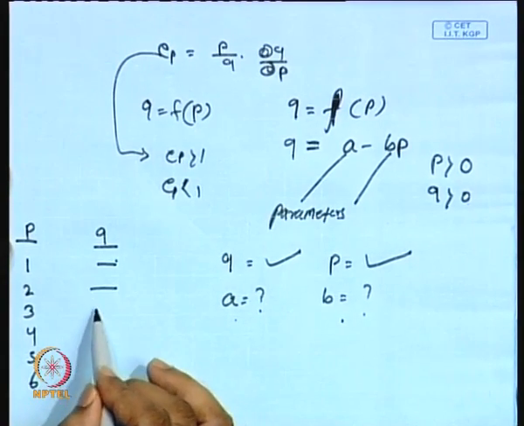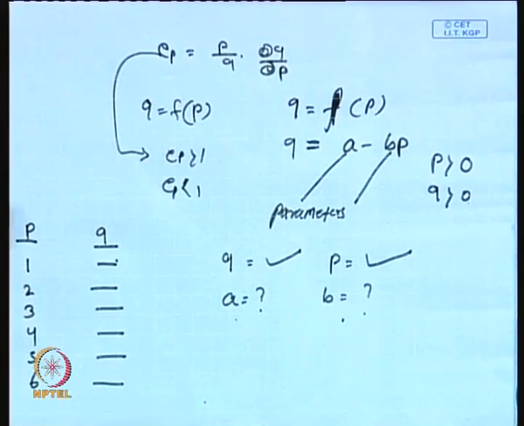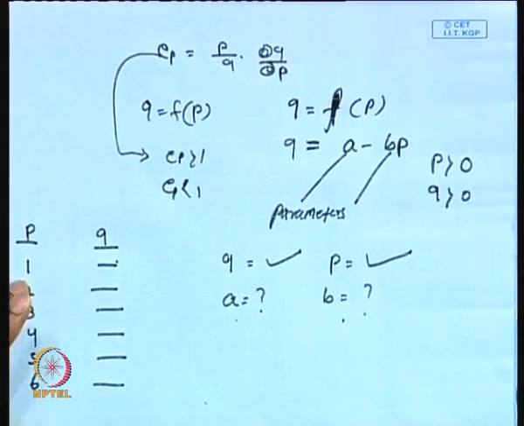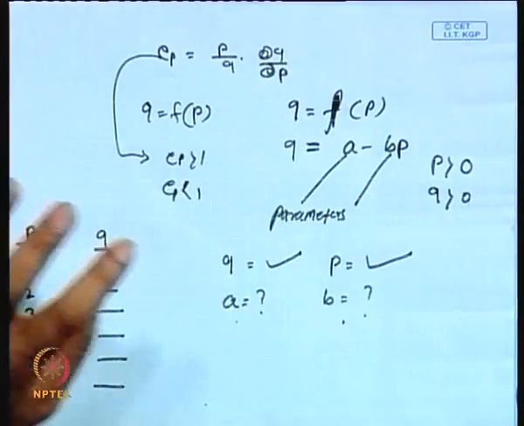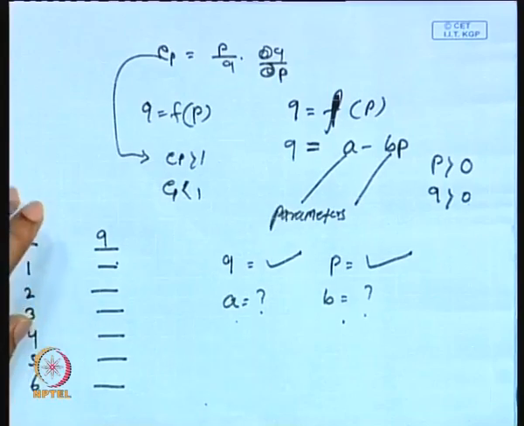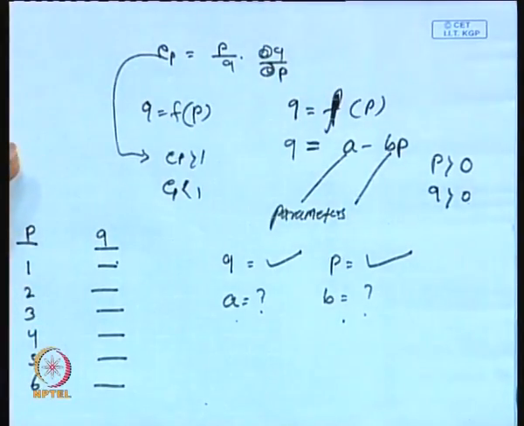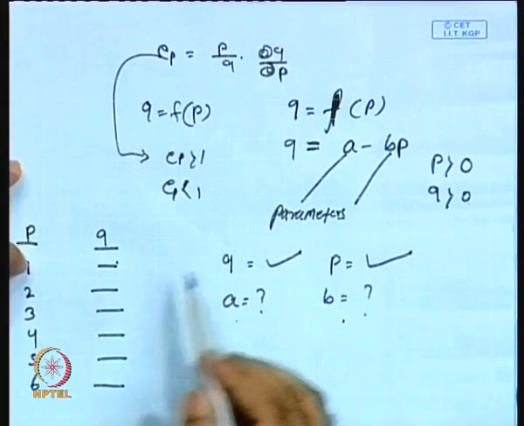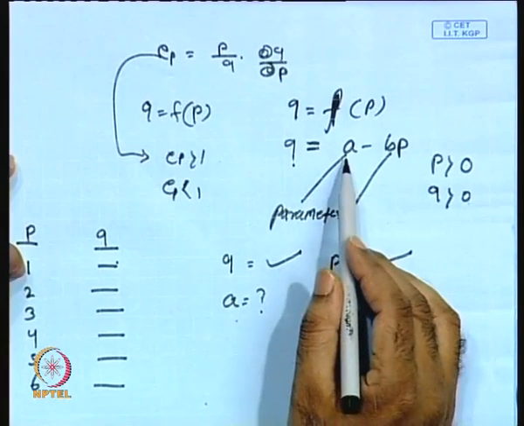You have q information, and corresponding p, you have q information. So now p is there, q is there, but a and b are not with you. So we have to first know what the a value is and what the b value is. For instance, if let us say p equals 1, then you cannot get q, because we have no idea